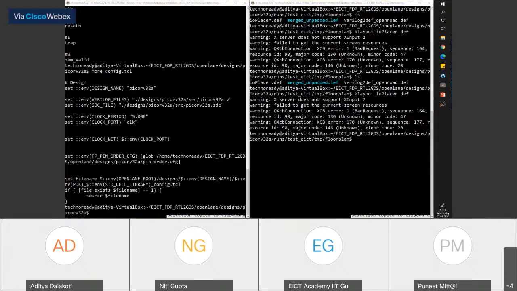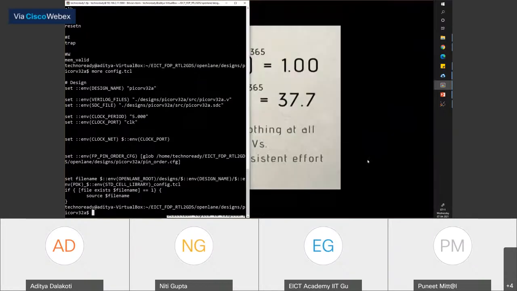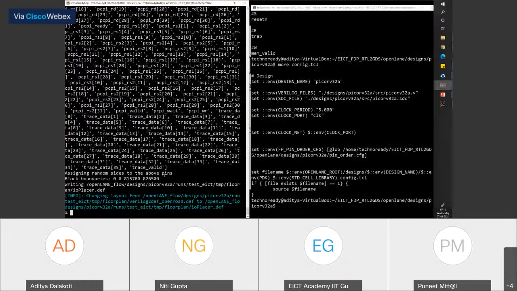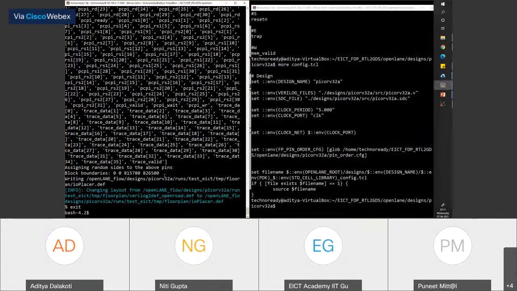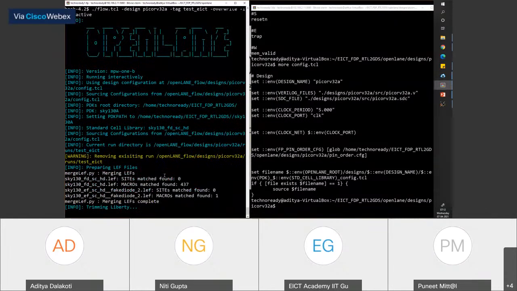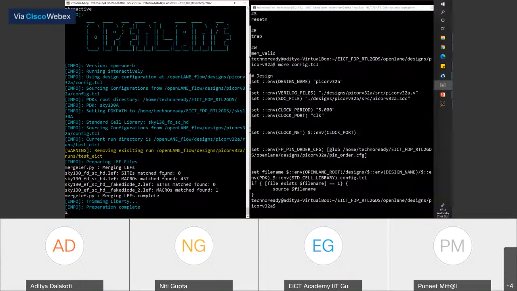Here's what I'm going to do. I'm going to exit my environment and quickly run this again, just for everyone's reference, using a small tweak, so everyone is able to follow. Basically, start my environment: Floatical, design Pico RV32A, tag test EICT, overwrite, interactive. It removed my old tag library and started it again.